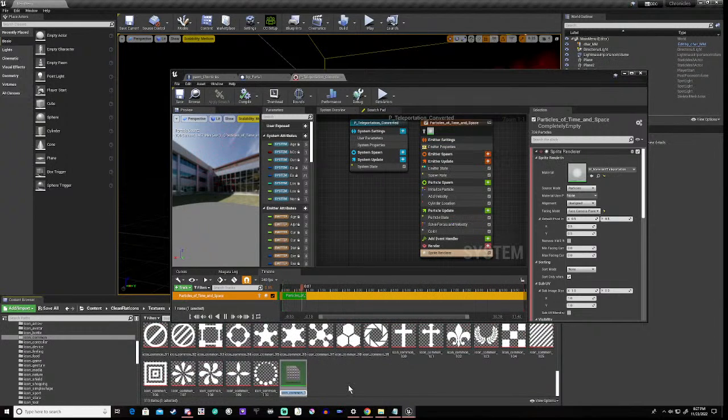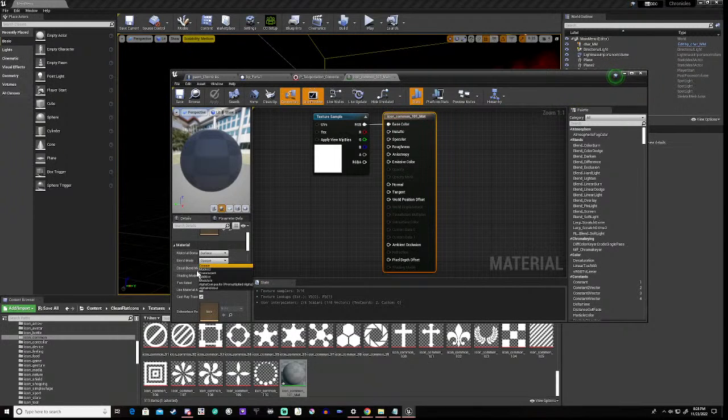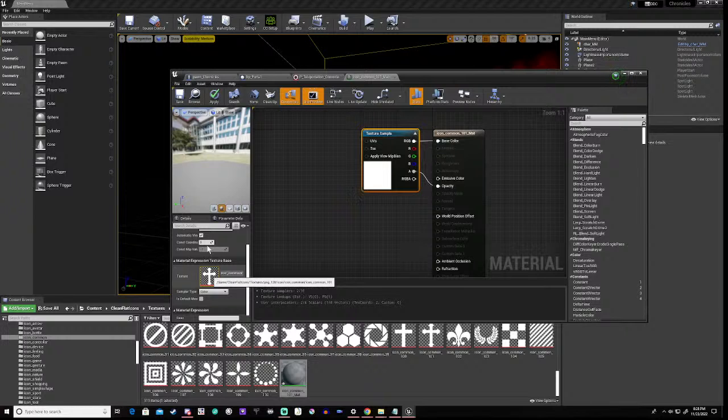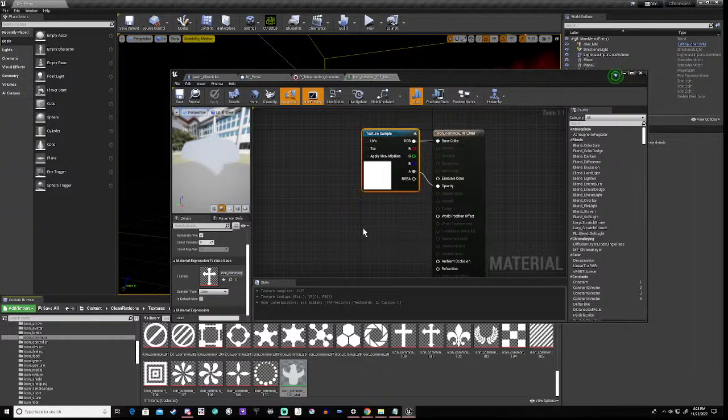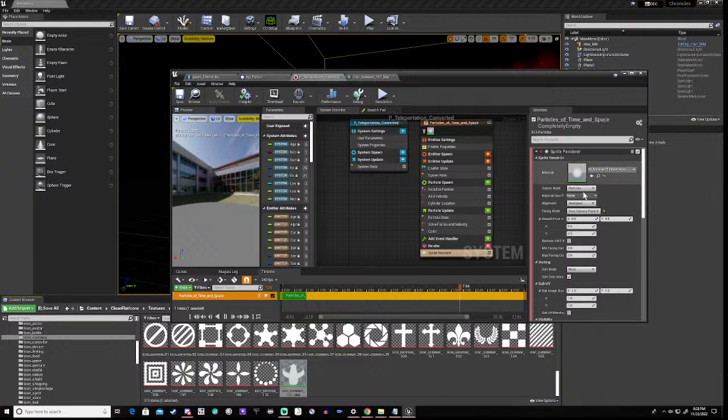So what I'm going to do is I'm going to create that. Okay. And our material is going to be translucent. So we're going to pop the alpha into the opacity. Right. And save that. And then what we can do is go to here, P teleportation, okay? If we put that in there,